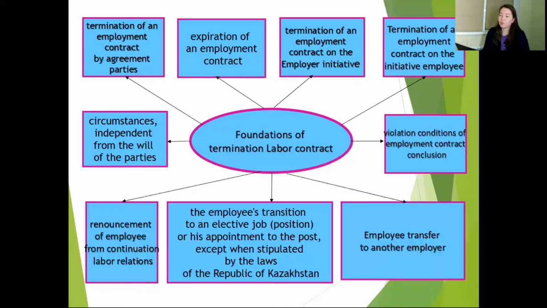Okay, foundations of termination of labor contract. Termination of an employment contract by agreement of parties, expiration of an employment contract, termination of an employment contract on the employer's initiative, termination of an employment contract on the employee's initiative, violation of conditions of employment contract, employee transfers to another employer, transition to an elective job, renouncement of employee from continuation of labor relations. Okay,